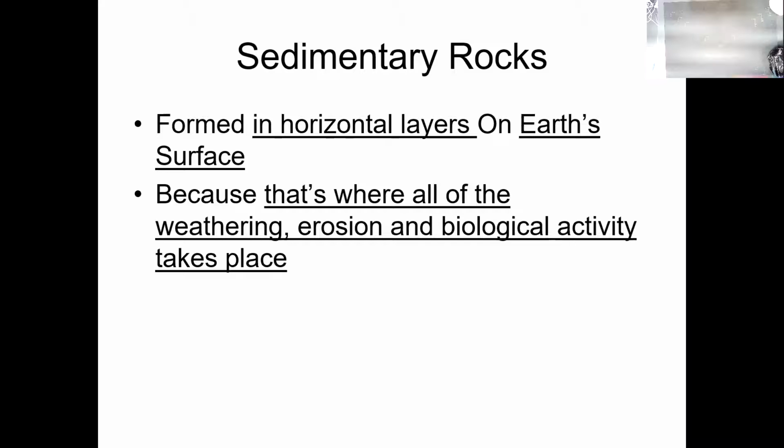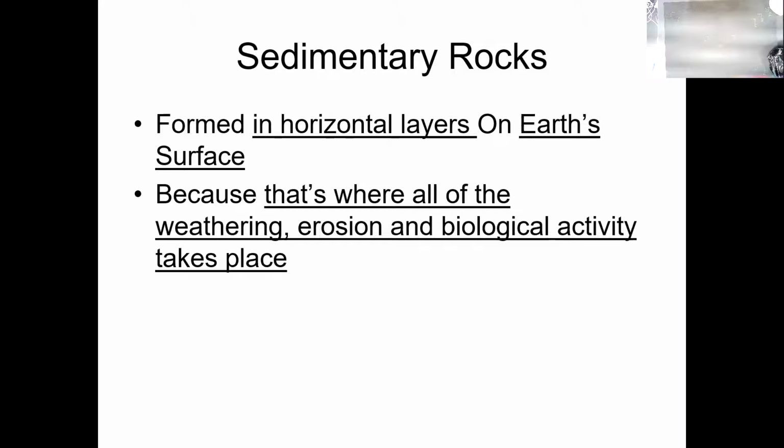So do you have both of these bullets in your packet? The next bullet, statement number 2, says fossils are almost exclusively found